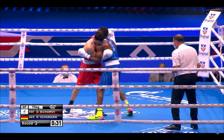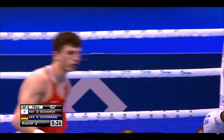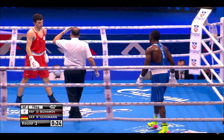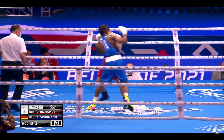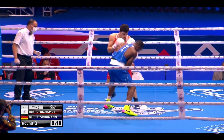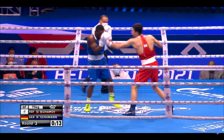It's the final 30 seconds. Schumann just trying to find room for that right hand here. He's worked hard in this final round, terrifically hard, but it's been difficult for him to make too much of an impact on Bizhamov. Bizhamov just gives himself a little bit of room there, enough to land that long uppercut, and